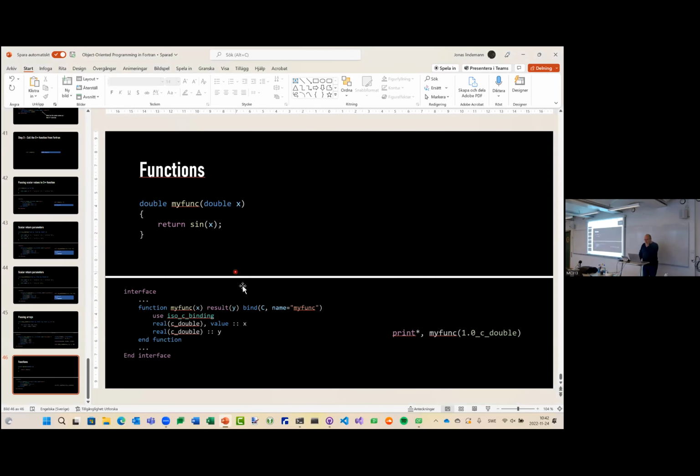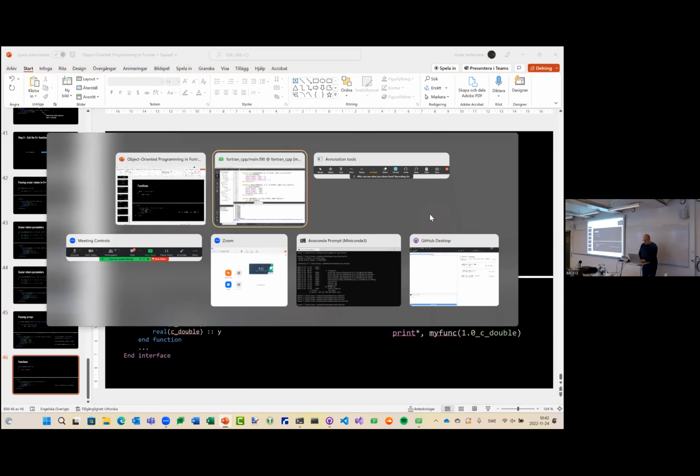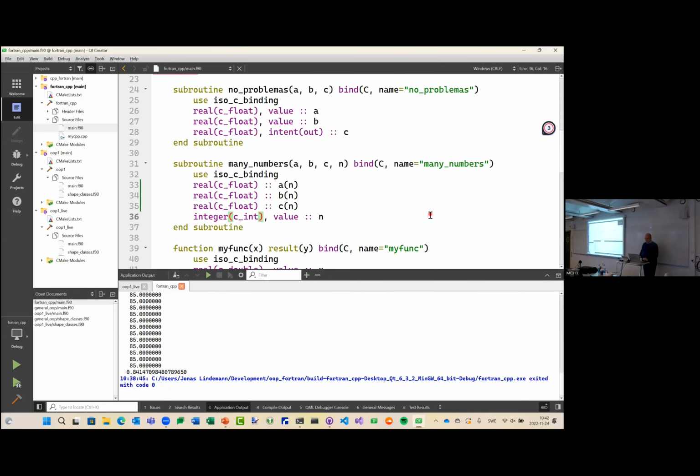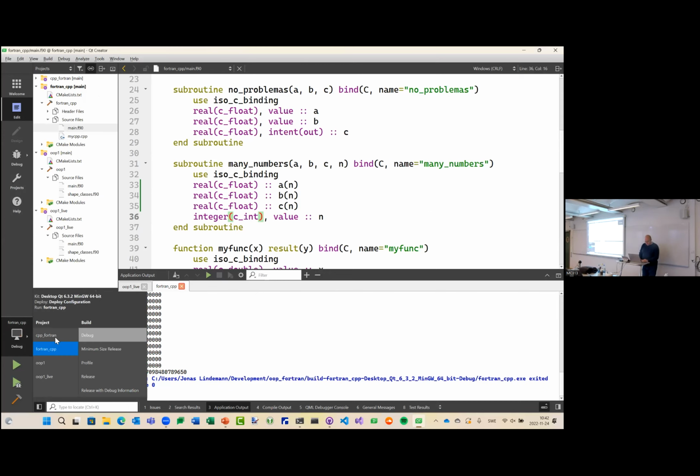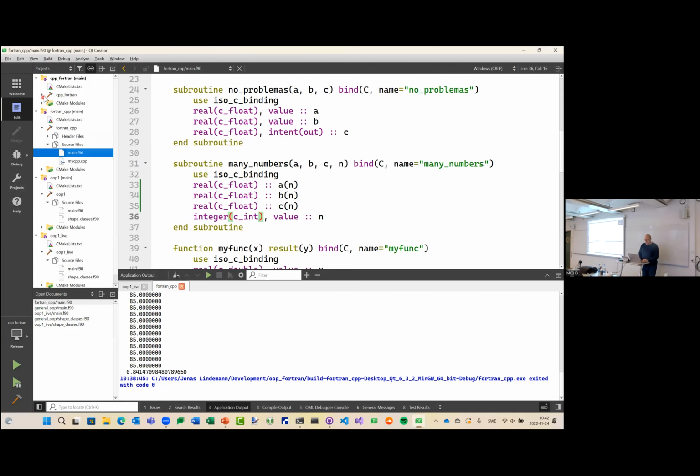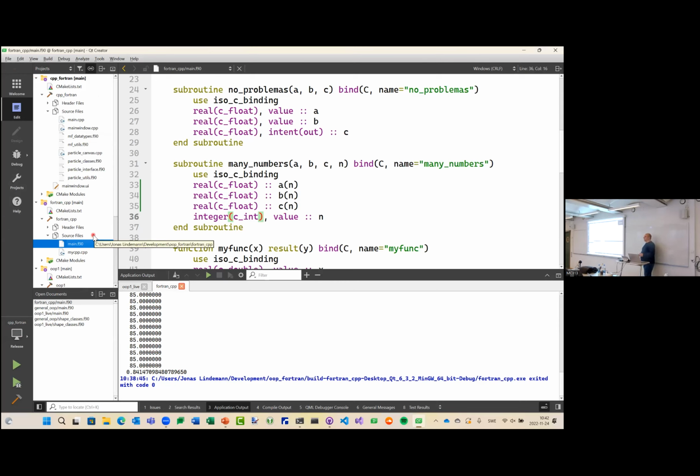So I have to finalize today. I have a larger example I wanted to show, but I couldn't put it in slides. So I have a CPP Fortran. So in my courses, I have,